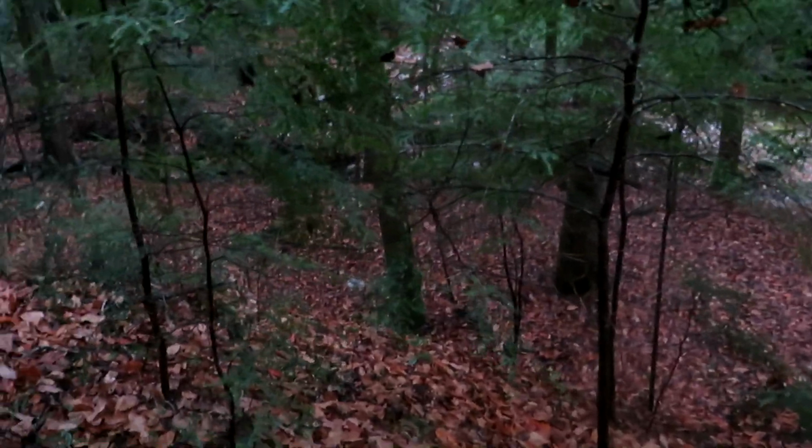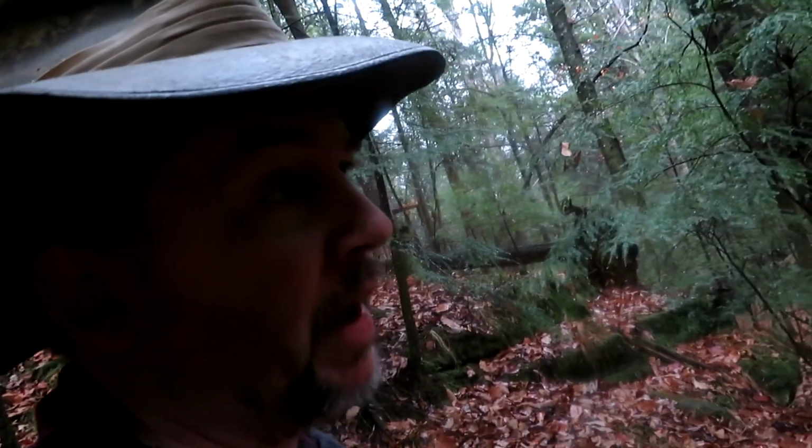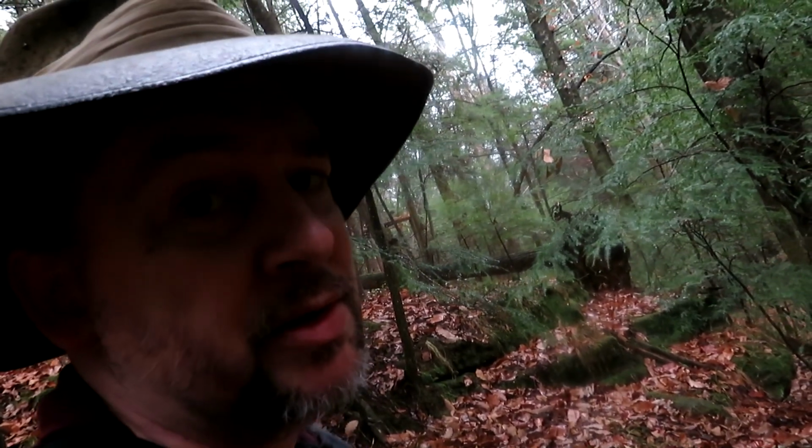Oh. Let me just stop and record here. This little drainage is going to be our end spot. I'm hoping for falls up there too. That one's kind of a known one back there, but I don't think I've ever seen photos of anything this way. So,